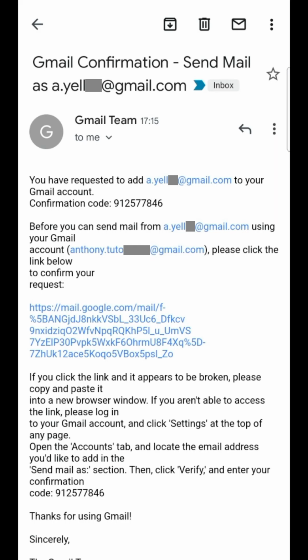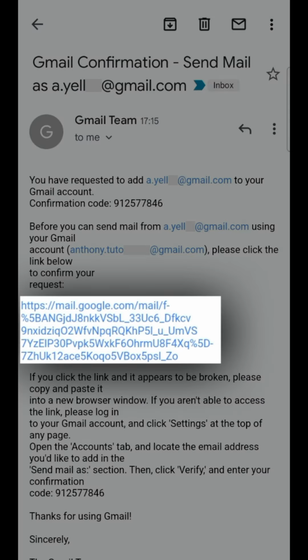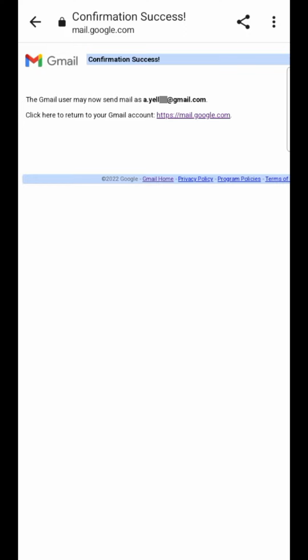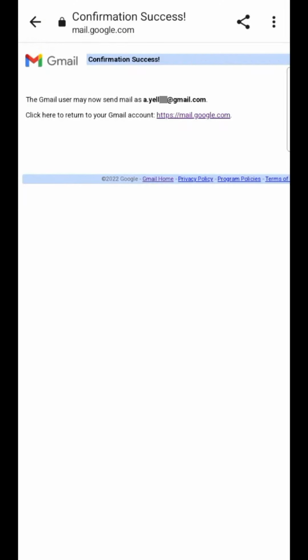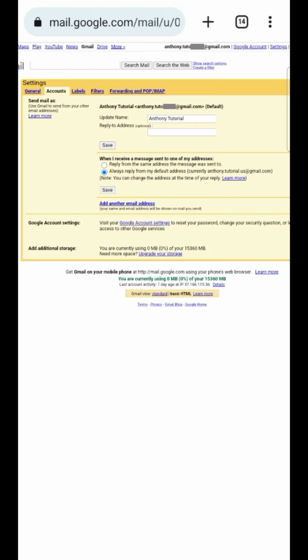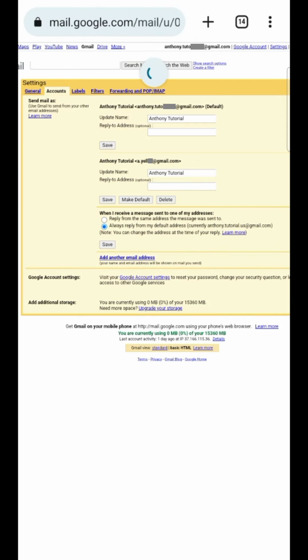Once the message has been received on this one, you can copy this code and paste it on the validation page, or quite simply click on the link below. After confirming our request, it validates the modification in our messaging system. Thus, by refreshing the parameters page, we can see the addition of the new address, which we'll set as